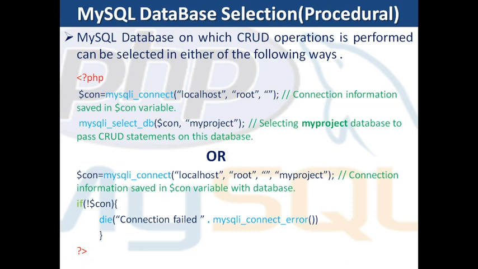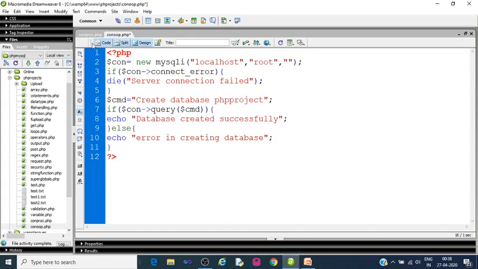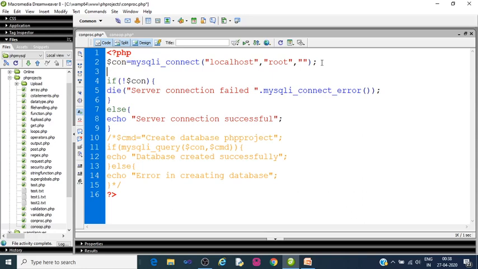So let us check it on the editor. Here in the procedural method, we don't need to actually execute this thing, so we'll just Control X, comment afterwards since the database has been created. So we'll comment this one, and we can add here. One method is just here we can add a comma and a database name.